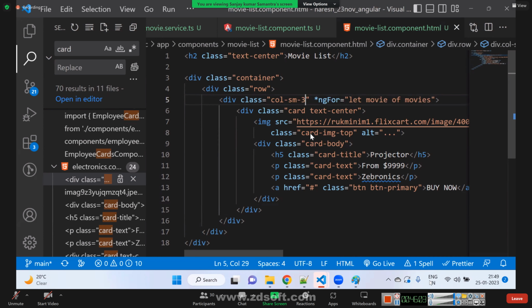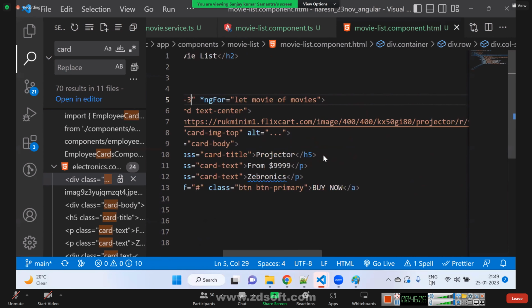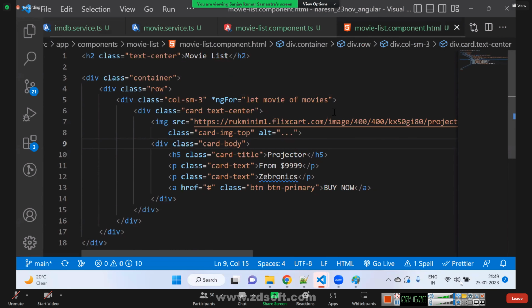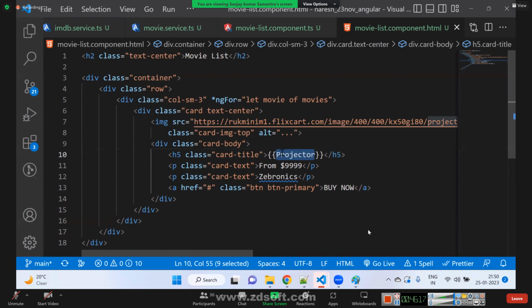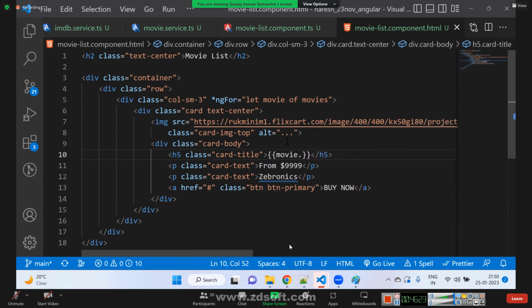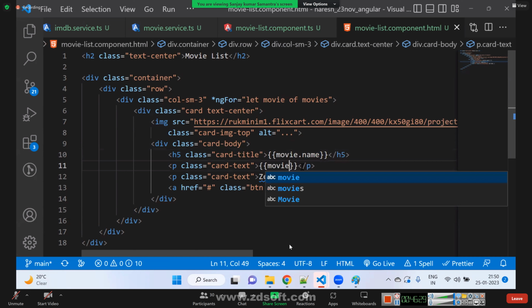Okay. So this is card. In this card, we will show the movie image. Movie image also will come from movie object. So that's not a problem. So here we will say movie dot category, movie dot name, then movie dot id, movie dot id,